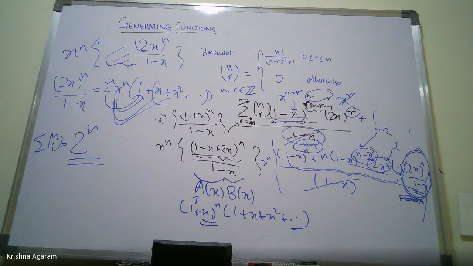Otherwise, there's no point, right? I mean, converting back to a series. So without converting to a series, we just take it out from that. That's the main thing here. That's why we got it. It doesn't look obvious that you're going to get 2 to the n, but this way it works out. And this is just a simple example to show what you can do. We'll go to more complex ones later.